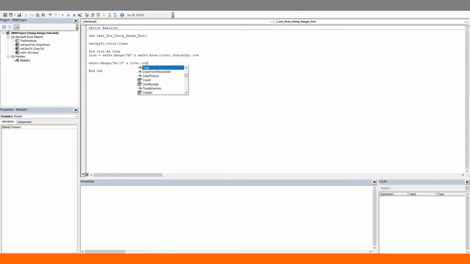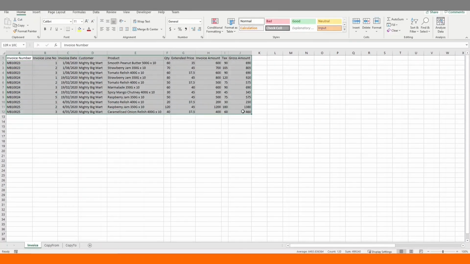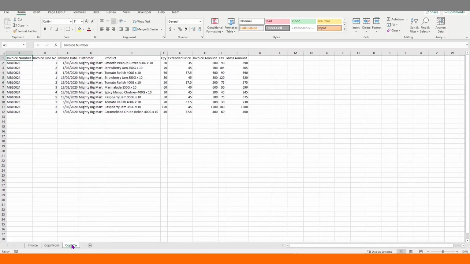We want to copy it and we'll add the first cell of the destination that we want to copy the data over to. So we're just going to paste it in cell A1 in our worksheet copy 2. And let's auto resize the destination columns as well. Okay, that's our code. Let's run this. So our data here should have copied over into our copy worksheet, and it has. So that works well. Moving on.